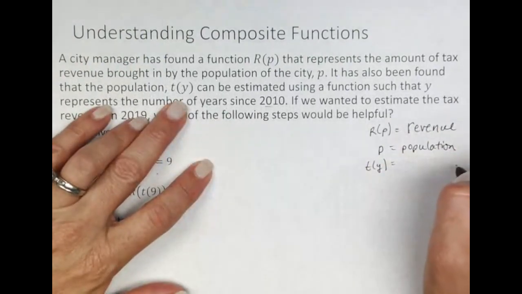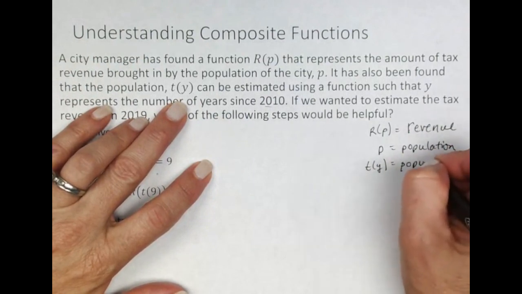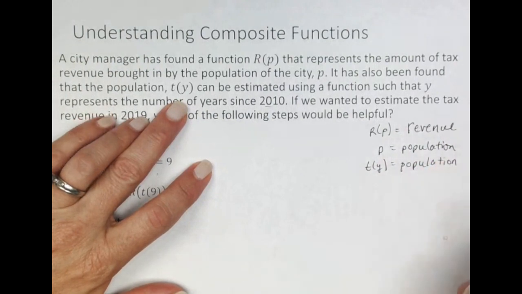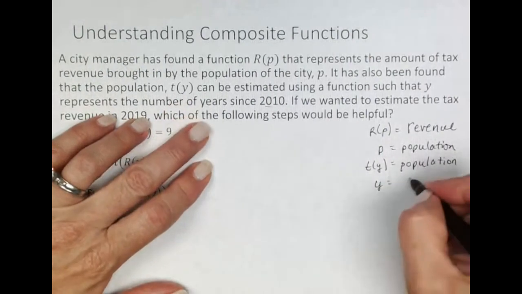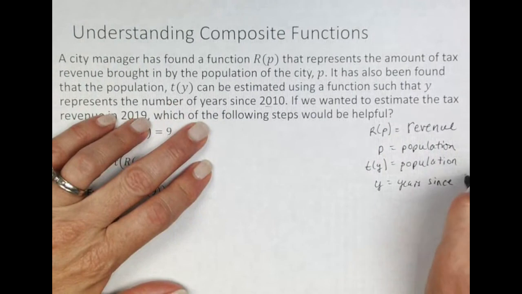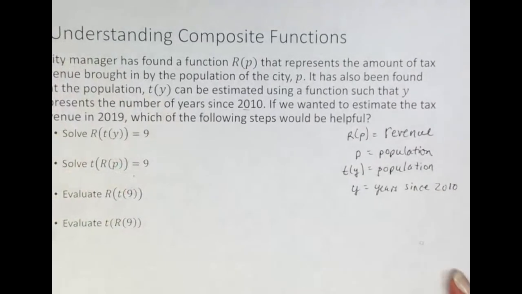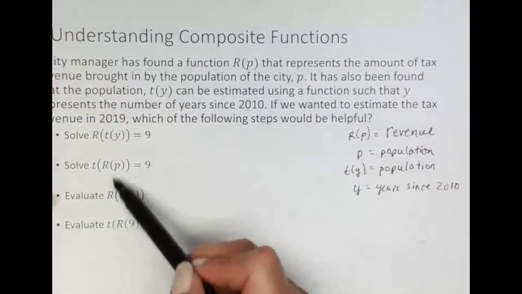Well, that's really interesting. I thought P was population. Well, it is, but T of Y is a function to estimate population. And then Y is the number of years since 2010. I take the time to do this to make sure that I fully understand what everything is representing there. All right. Now, which of these